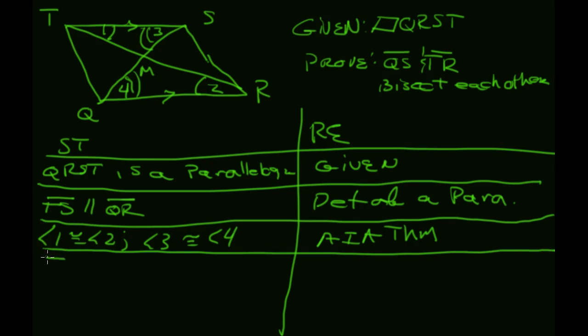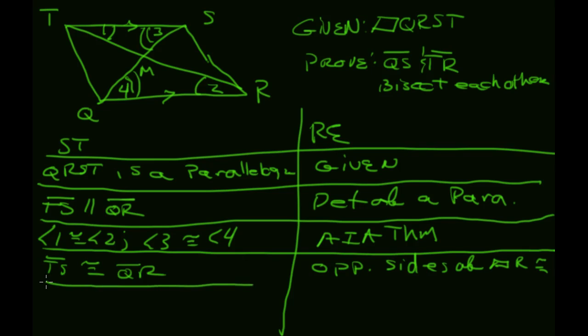We also happen to know that TS is congruent to QR because we just proved that the opposite sides of a parallelogram are congruent. So not only are these things parallel, but they're also congruent. This is going to get me that triangle